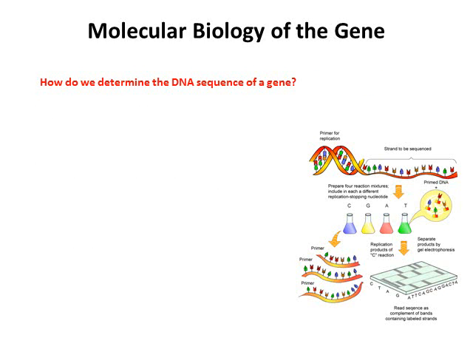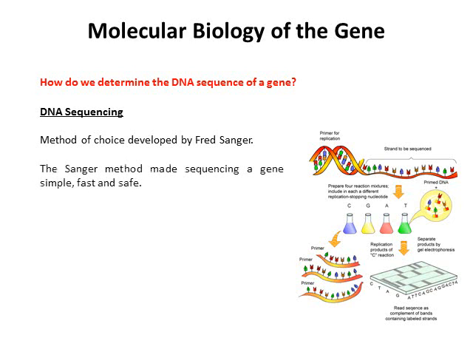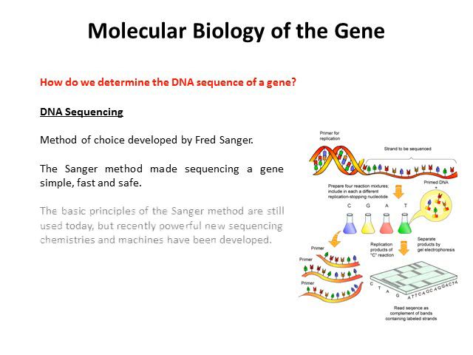So if we can synthesize DNA by PCR, how do we actually know what DNA we've made? How do you read the DNA sequence? So this is Sanger sequencing, which we mentioned briefly again in the introductory talk. Sanger sequencing basically made sequencing of DNA simple, fast and safe. And it was Sanger sequencing that was used to complete the Human Genome Project. However, these days, Sanger sequencing has been replaced by so-called next generation sequencing, which we'll be going over in more